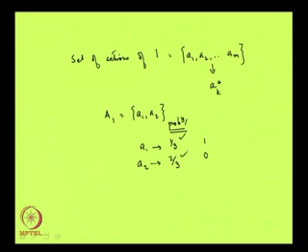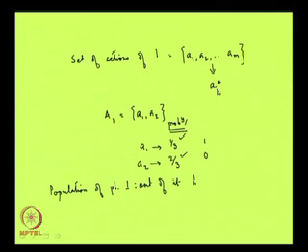This can also be interpreted in the following way: that this population of player 1, out of it one-third of the population